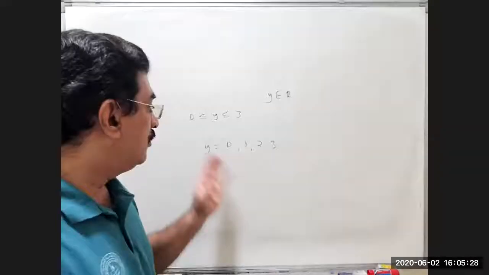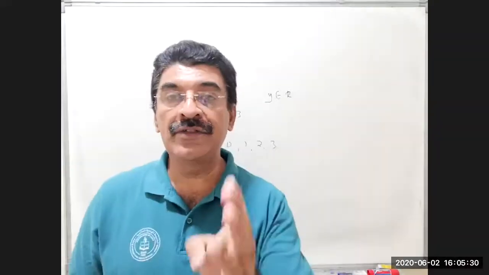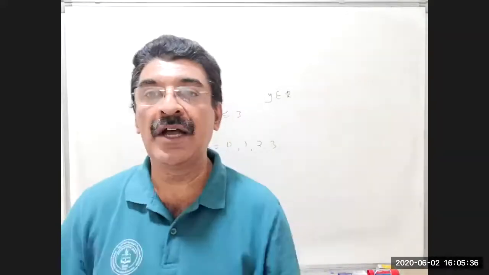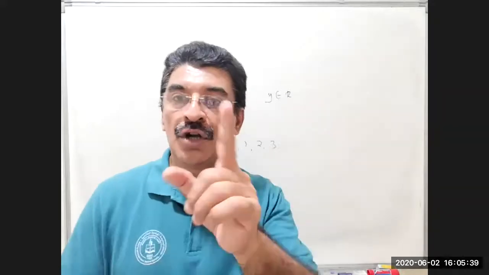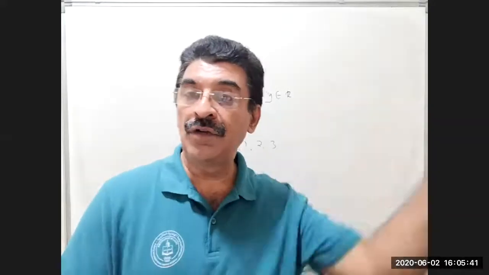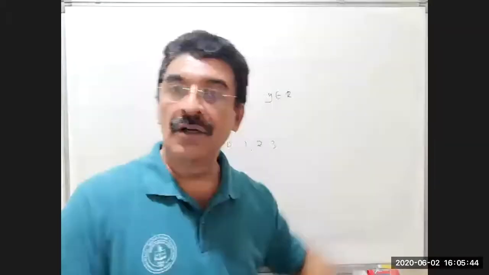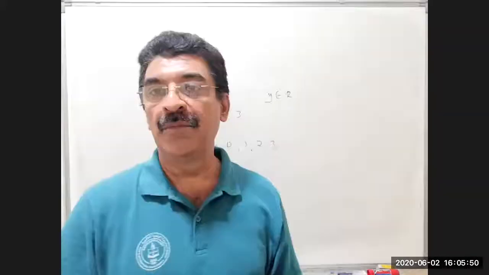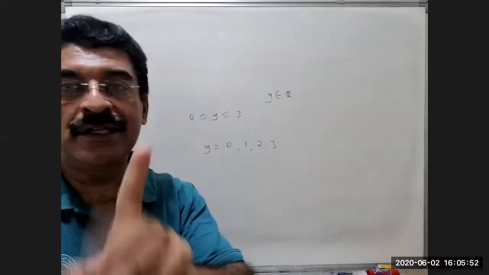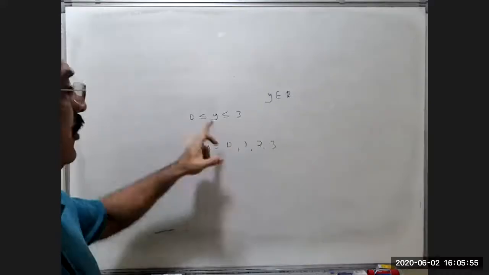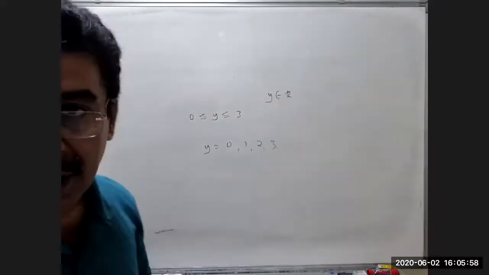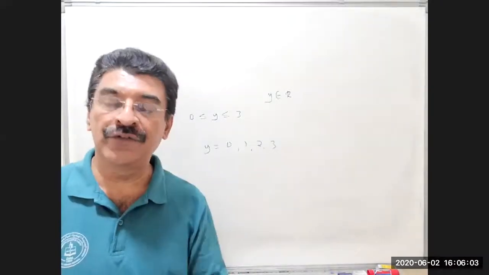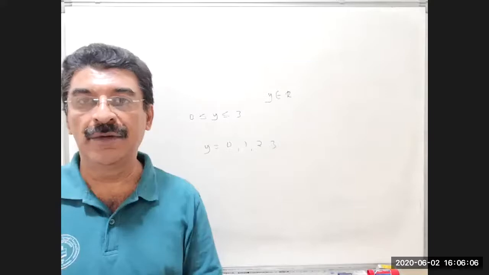Which is the first real number after 0? Can we say that? No. It is not 0.1, not 0.001, not 0.00001. We have infinitely many numbers. So intervals always mean all real numbers. 0, 1, 2, 3 means only integers are taken. No. All numbers from 0 to 3, that is, it belongs to R. Whenever it is given in intervals, that is understood. We use intervals for numbers in the real number system.